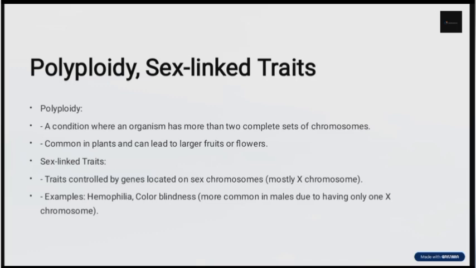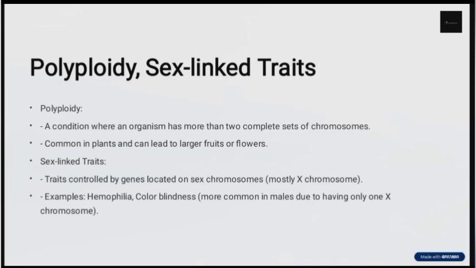Now, scientists, that's genetics, right? They have learned a way to use chemicals to manipulate the chromosomes to exhibit polyploidy. So when this happens, you will have an organism that has more than the normal set of chromosomes. And when this happens in plants, it produces desirable characteristics. Now, the second thing you should also note is